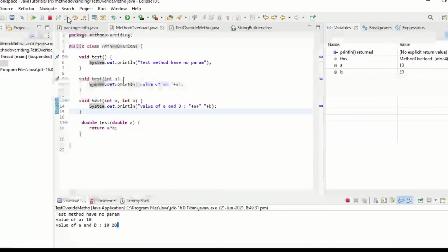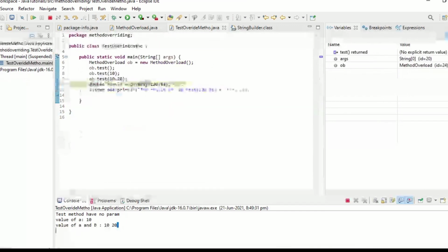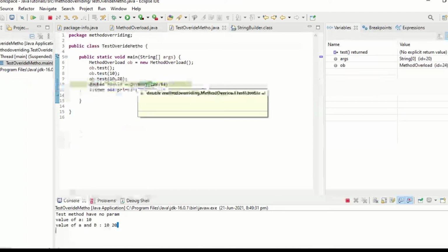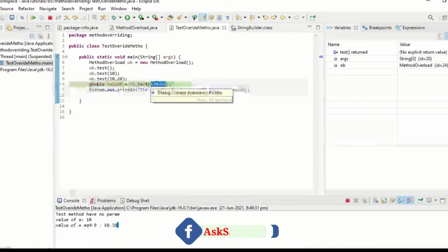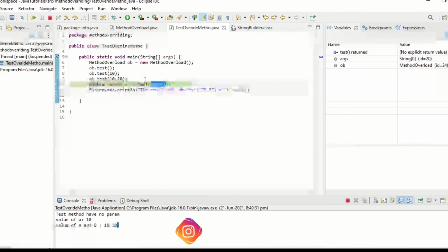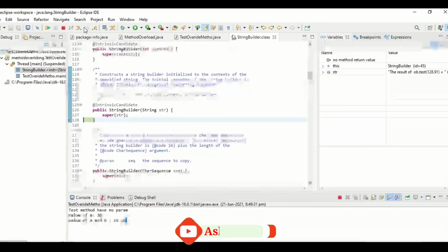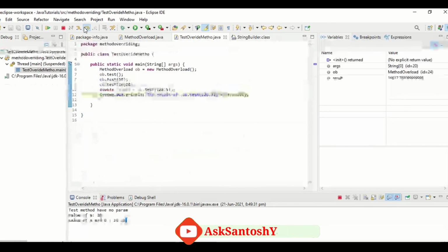Next, we have called the test method with a decimal number as parameter. As soon as we pass any number with decimal values, it will match the double data type, and the value will be printed.